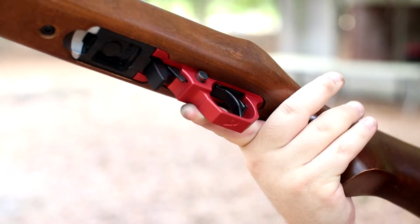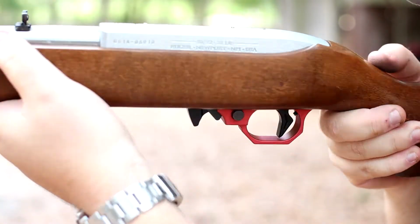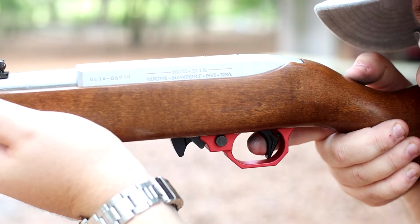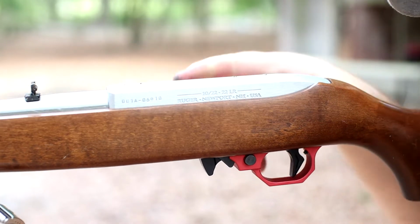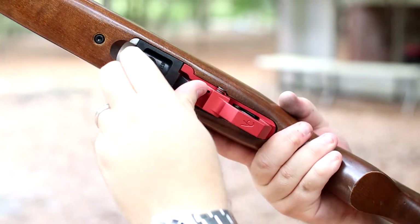Oh, this is so 22, it's just amazing, right? Check out that red Volquartsen trigger. There's already a round in the chamber and a 10 round magazine in there. Let me show you guys what this thing shoots like. Oh, it's such a soft trigger. Let's change that out